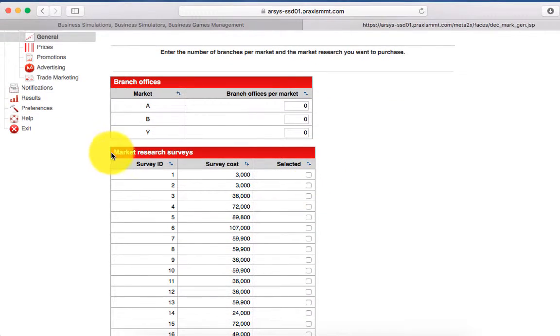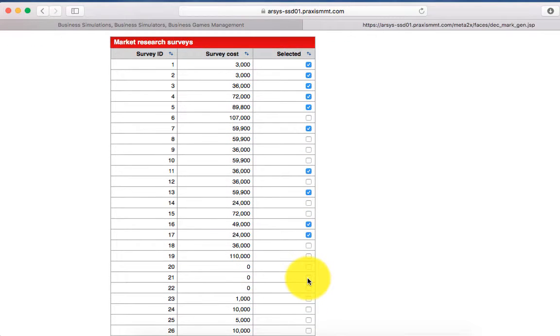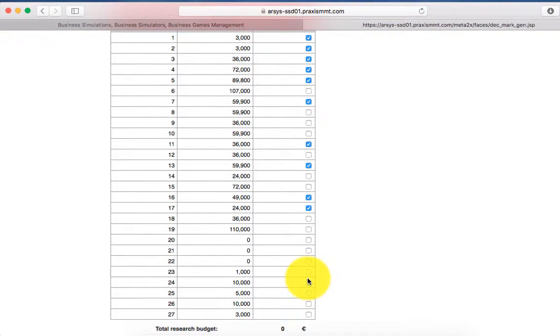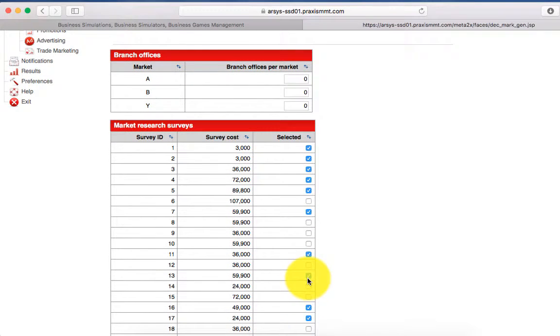Then you have here market research surveys, and you can select which of the market surveys you have available and which studies you want to use after receiving the results. One important thing: the first time you select market research, you only receive the results from these studies after the decisions were taken.